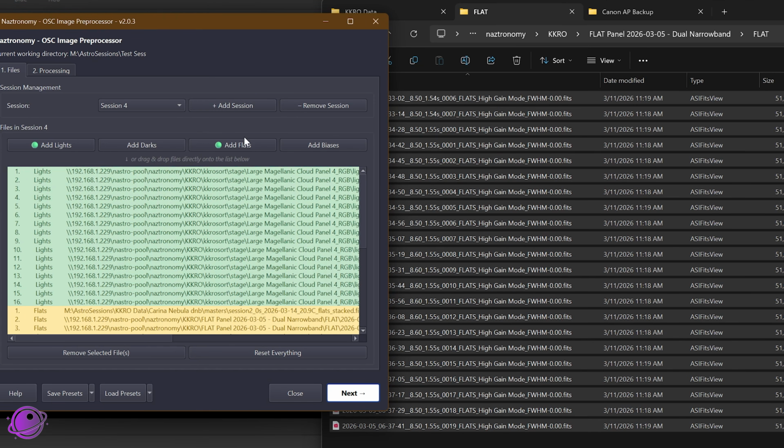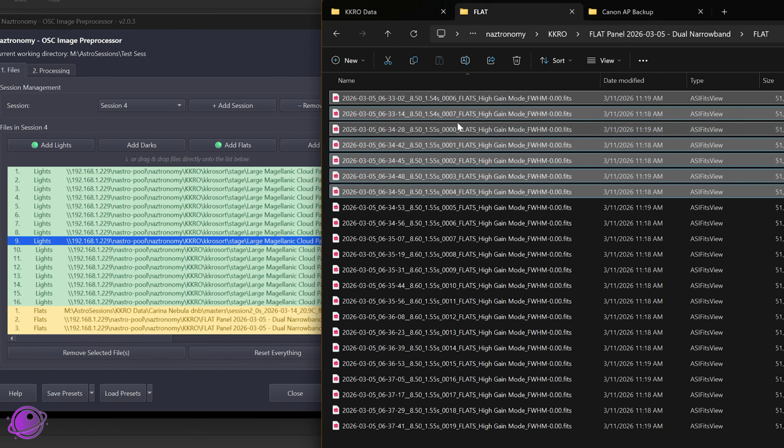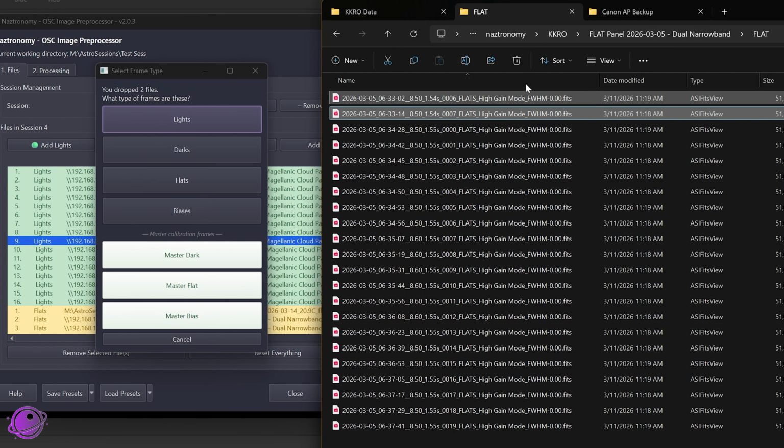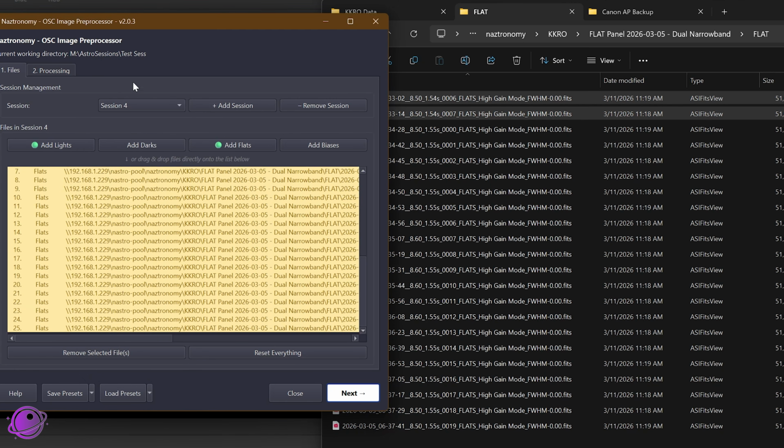to one or more than one session, or you can do all sessions and it'll add flats to all of them. Now, if you want to add them as calibration frames, like master flats, let's say I have these two, they're master flats, just pretending. Because they don't have flats stacked, the script doesn't know whether or not it's a master frame. So you can select, hey, this is a master flat, and you'll get the exact same options: do you want to include them everywhere or just select the sessions. If I want to include them in just, like, 3 sessions here, click select the sessions, and then I have 3 extra